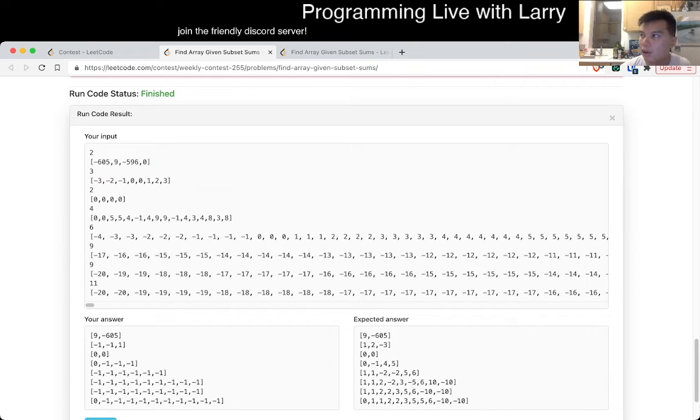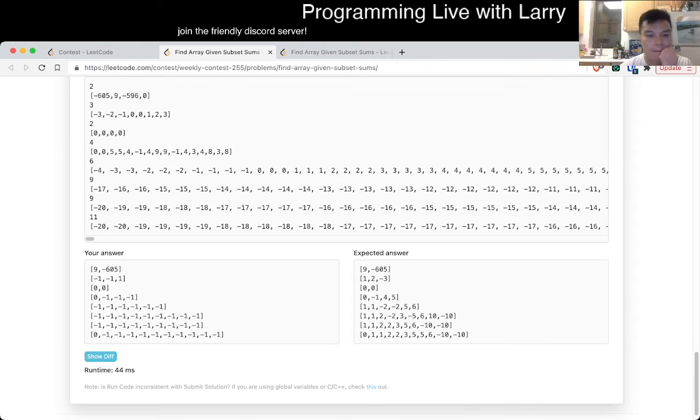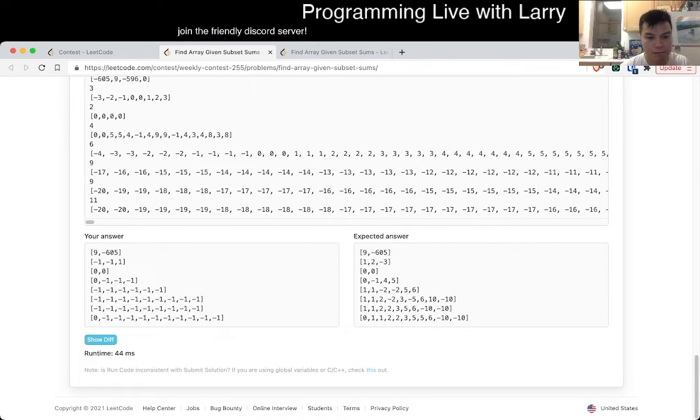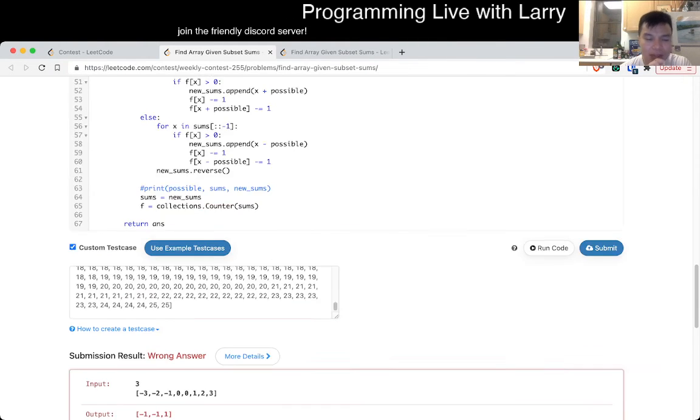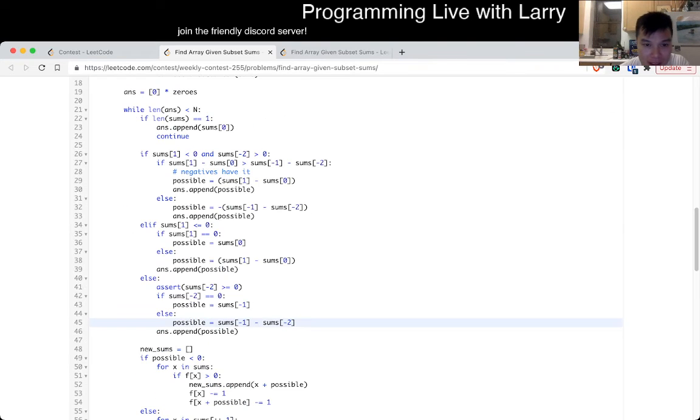I mean, the zeros are always going to be... Yeah, I don't know. I think my idea is right. I'm clearly having some science issue. And I'm just hacking it around, but